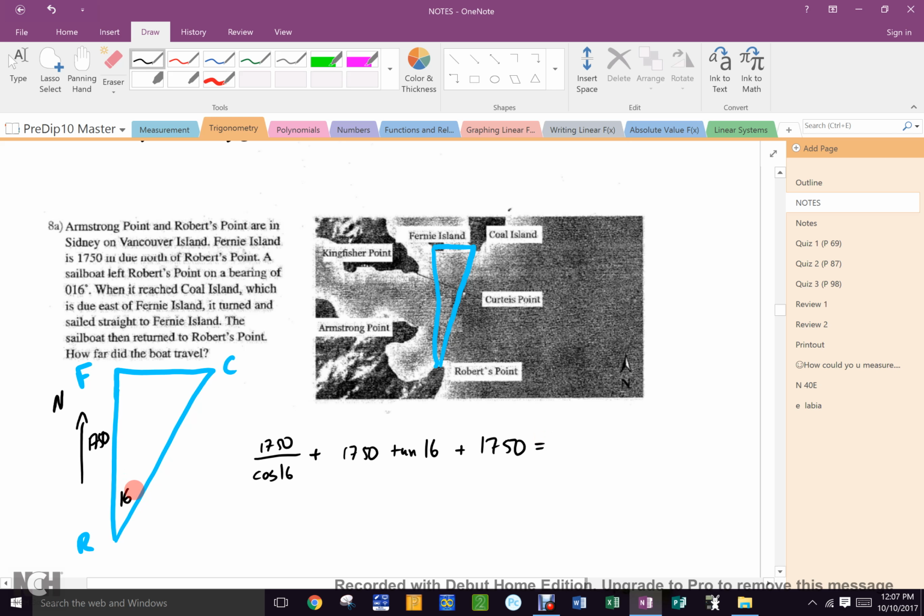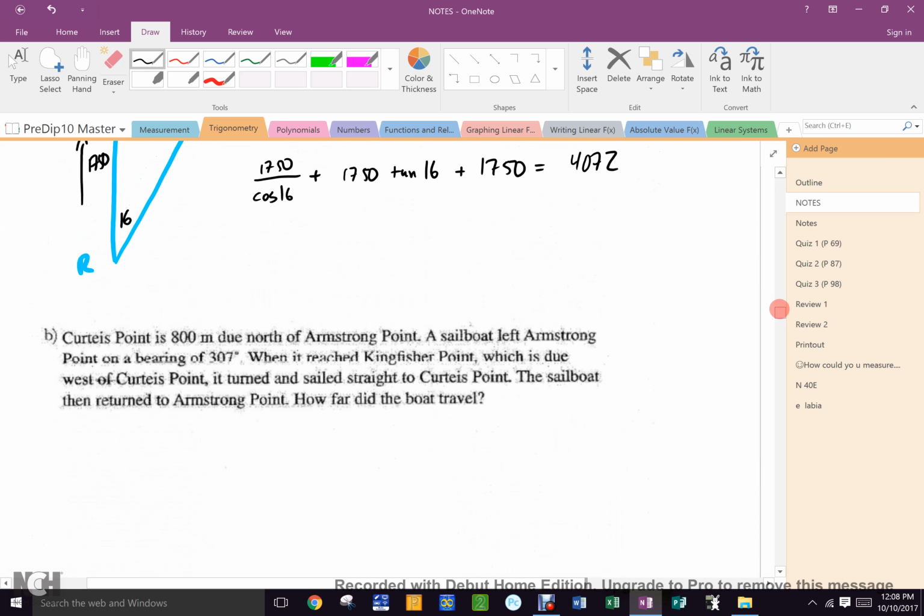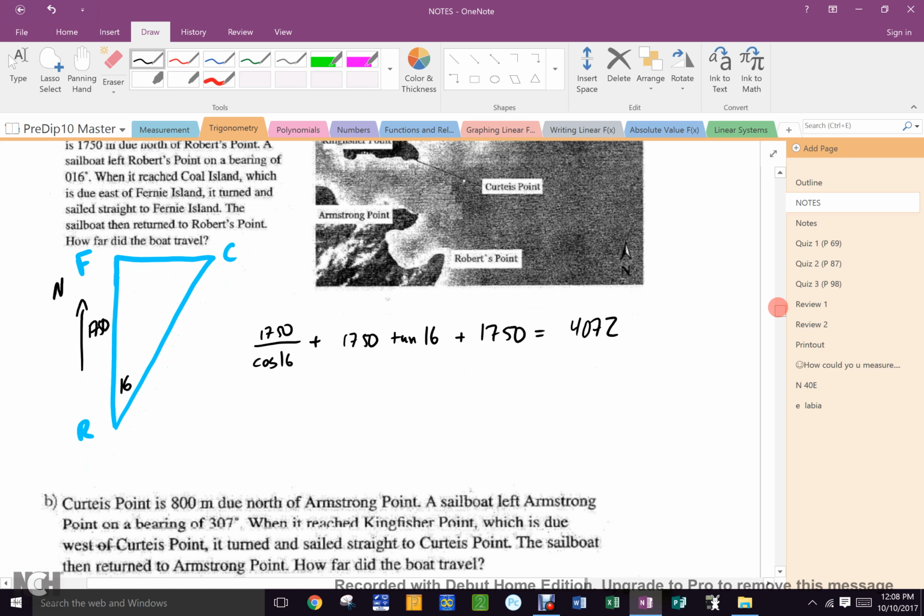Could you have used, well, you needed tan, you needed cos. Yeah, that's, for me, that's the sensible way to do it. And the answer is something like 4K, 4,072 exactly, or ish. Okay. Everyone's cool? Okay. And then the next question, I'll use the same map, was Curtis Point is 800 meters